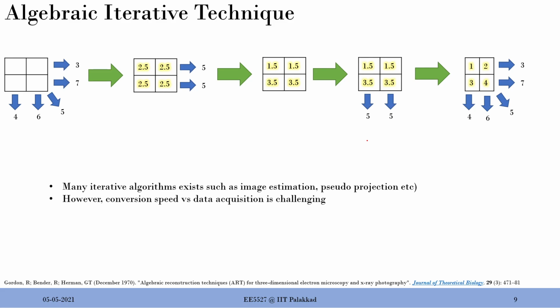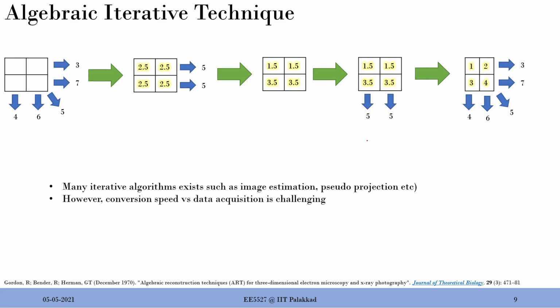Okay, but the conversion speed versus data acquisition, that means the data is getting acquired and then you need to reconstruct this to an image. That speed is terribly low and is challenging, because it's an iterative technique, right? So we actually need a better technique, not pixel level, but maybe a line level technique, which will be much faster, so that we can have the reconstruction at a rapid rate compared to the acquisition rate. Okay, so this is not very popular, but still with the advent of deep learning, people are trying to accelerate such techniques because there is some power in these techniques.